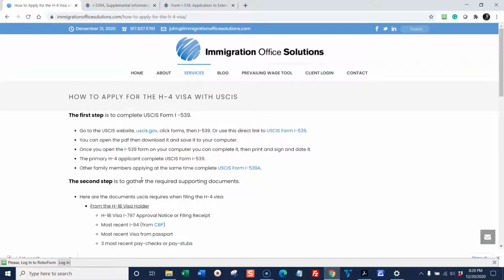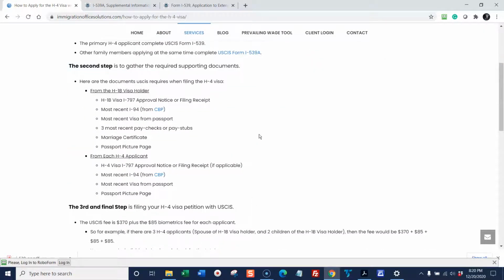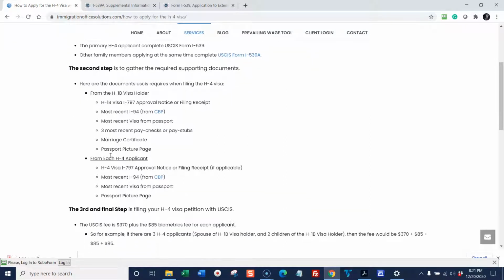The second step is to gather the required supporting documents. Now, I've made a short list here that covers the required documents for the H-4 petition. This is when you're filing an H-4 extension or a change of status from another non-immigrant visa to H-4, for example, from a B2 to H-4 or F2 to H-4. So there are two